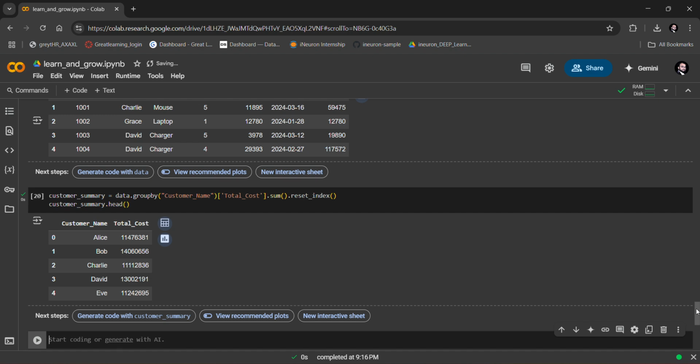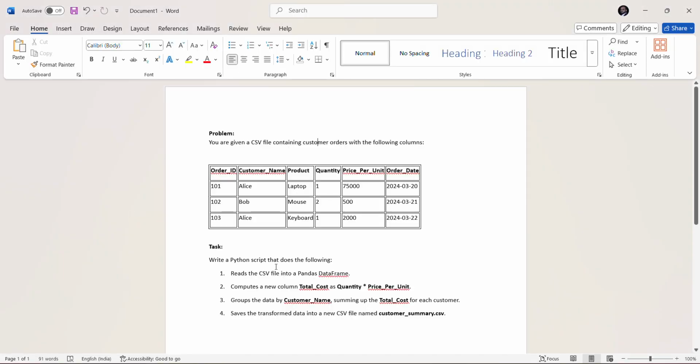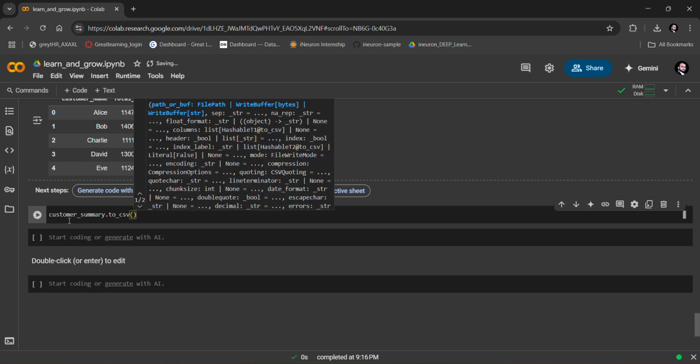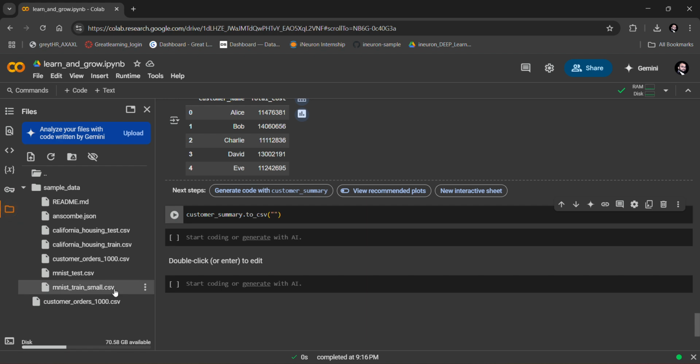Okay, now what is the last part? The last part is we need to save the transformed data into a new CSV file named customer summary.csv. That part is very easy. We have kept the data in customer summary, right? Customer summary. Then we will write the function to underscore CSV, to CSV. Here we need to specify where we will keep the data,